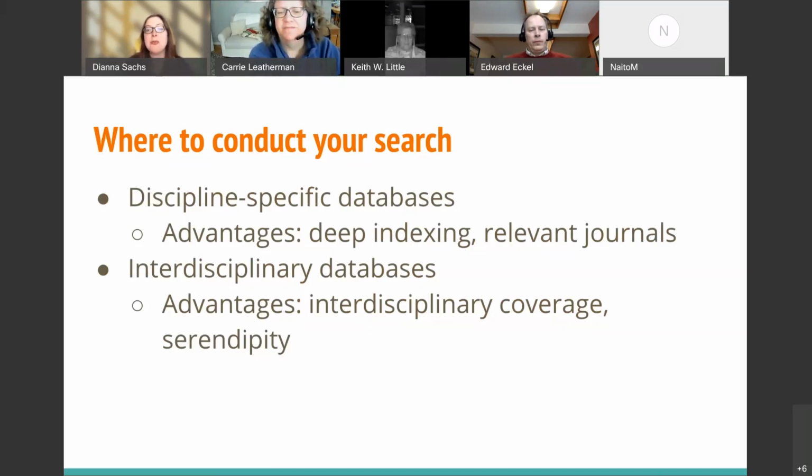Now, there are two main types of databases that we all have access to. There are discipline-specific databases, which are focused on a particular academic discipline, and interdisciplinary databases. Now, there are advantages to each, and most literature reviews will involve searching a combination of both discipline-specific and interdisciplinary databases.